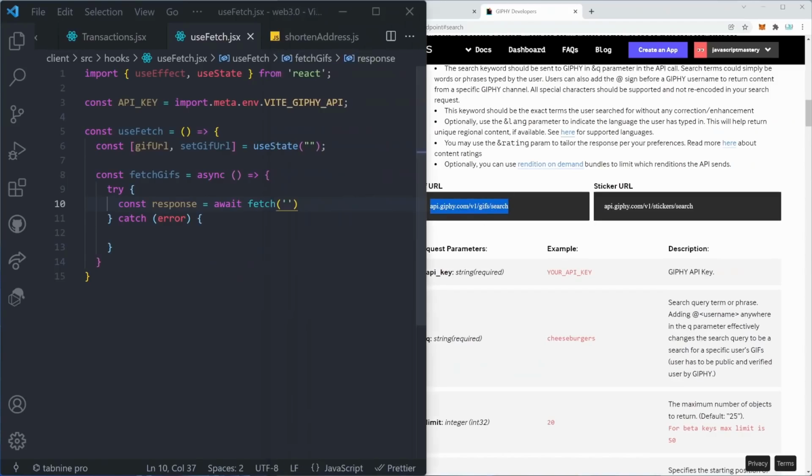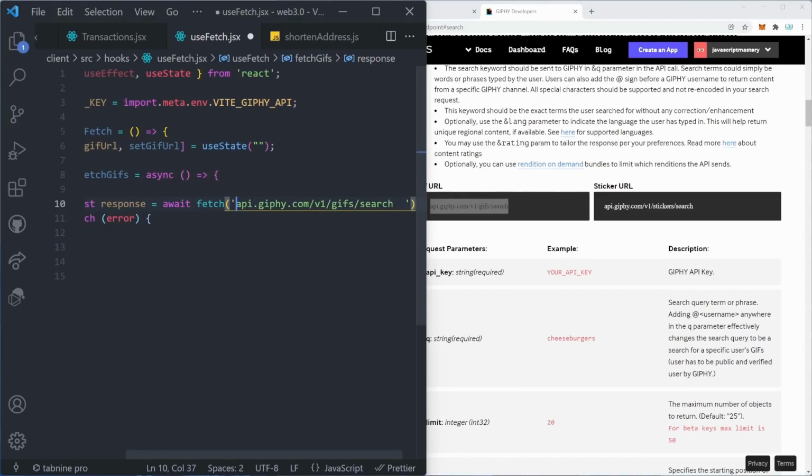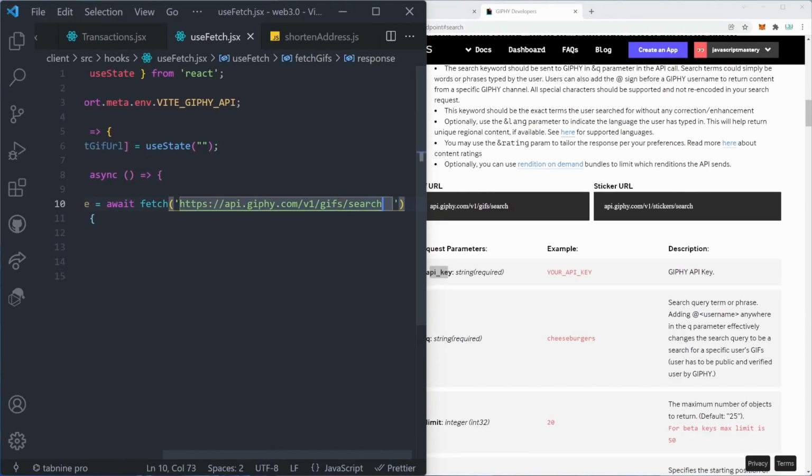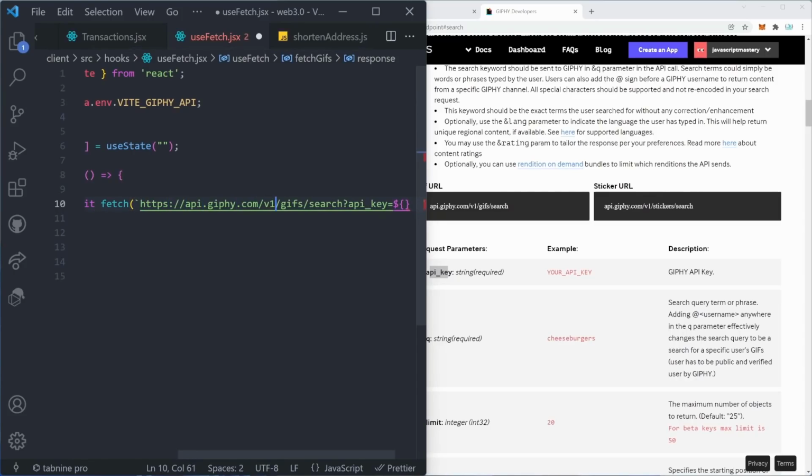So let's copy this, paste it into this string right here, but we have to provide https:// at the start. And then we have to provide some parameters, things like q as in query and api_key. So at the end, let's simply say question mark to provide parameters, api_key is equal to, and then $ curly braces. We have to turn this into a template string to be able to use logic inside of our string. Right here, we can render our API_KEY,